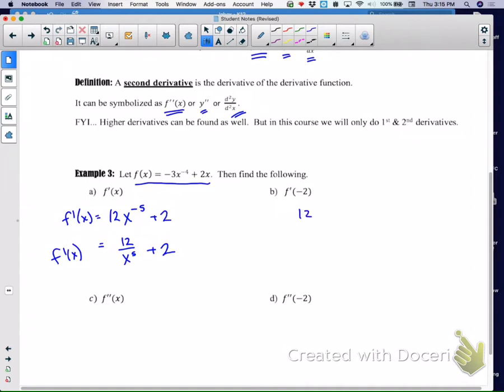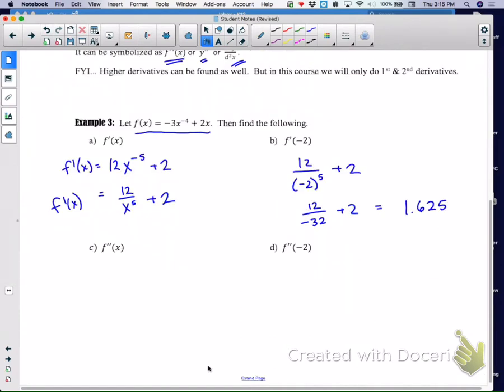So 12 over negative 2 to the 5th power plus 2. And really, you can just type that in your calculator just the way it looks. But if we do some baby steps here, that's going to be 12 over negative 32 plus 2. That's going to give me 1.625. Okay, and that's it. Now, second derivative, I'm going to do the derivative of the